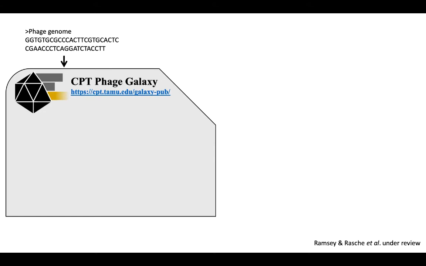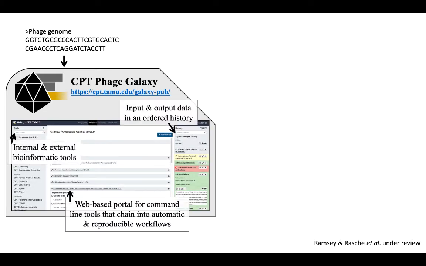This describes the establishment, development, and details of current running of the system. The way it works is you input a newly assembled or empty genome into CPT Phage Galaxy. We describe and teach how to navigate through the Galaxy system, including the use of the history for tracking input